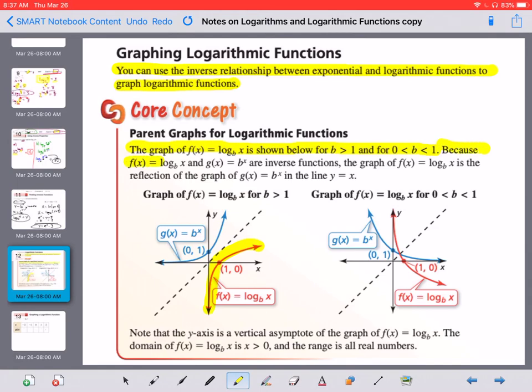Because f of x equals log base b of x and g of x equals b to the x are inverse functions, the graph of f of x equals log base b of x is the reflection of the graph of g of x equals b to the x in the line y equals x. Wow, lots of words. Remember though, you have gone over how inverses reflect over